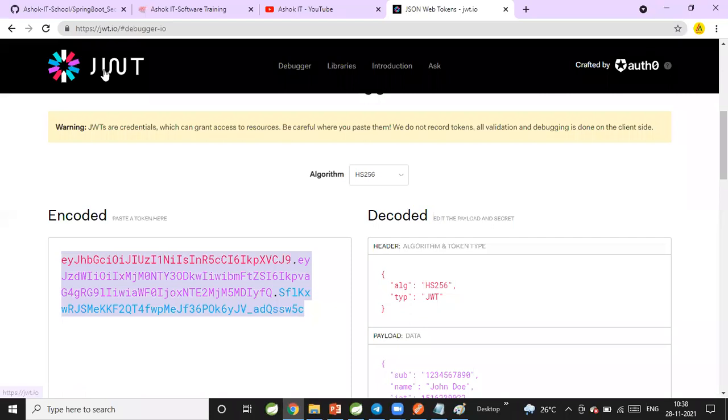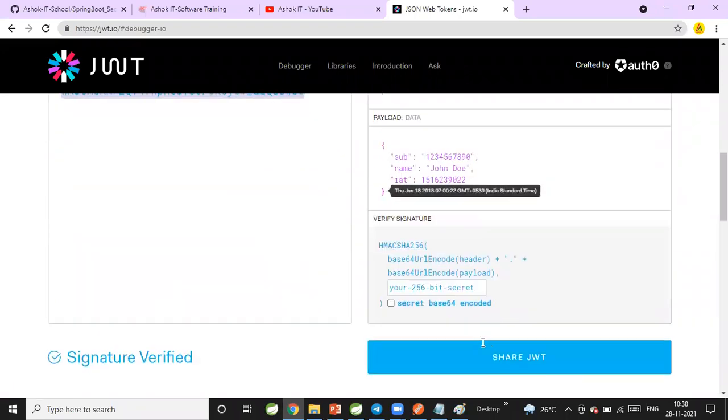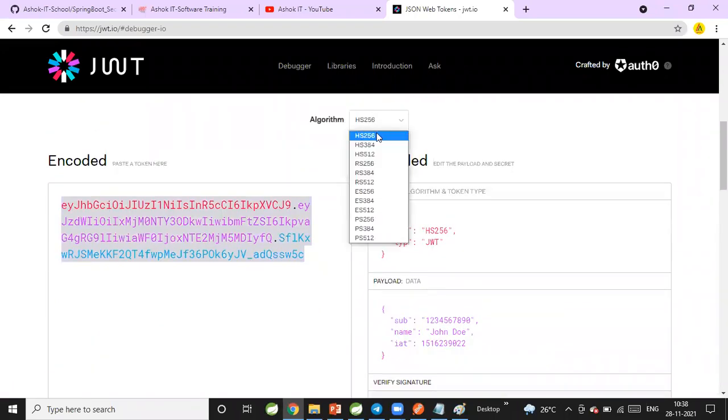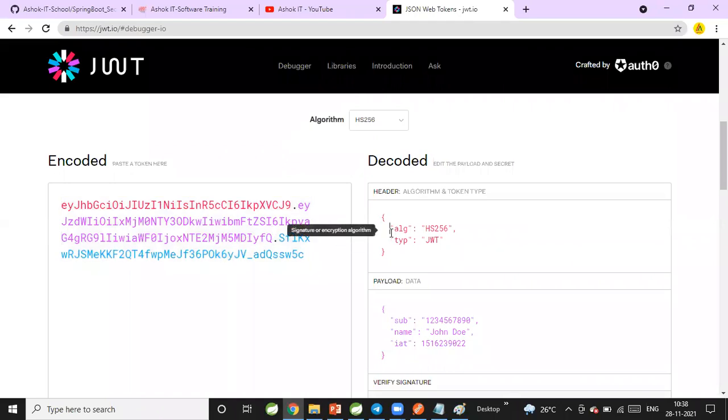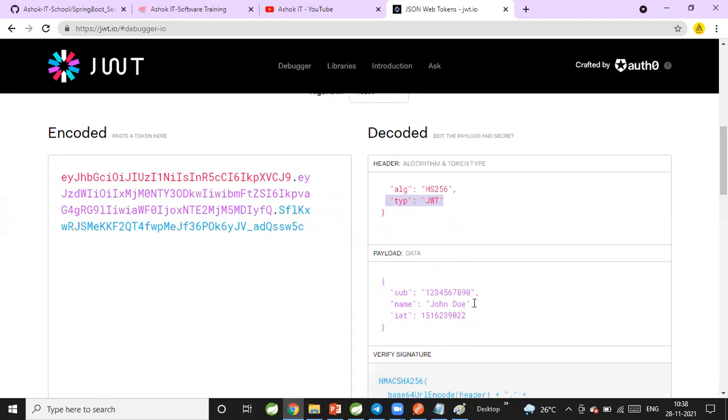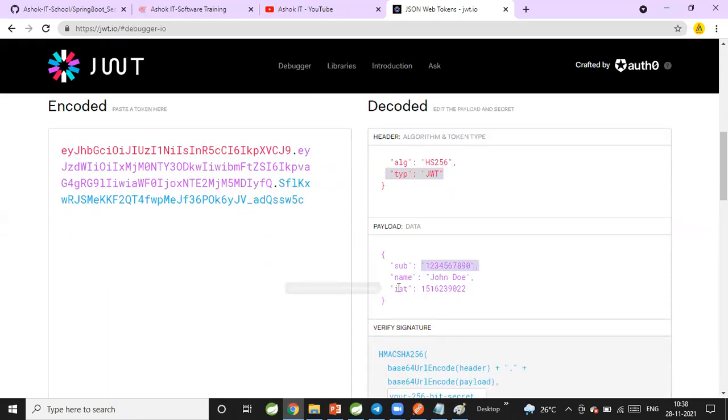On the official website of JWT, if you give this encoded token, it will help you to decode it. Which algorithm are we using? HS256 algorithm is used. Whenever you decode that token, algorithm name HS256, type is JWT, then subject, name and IAT.